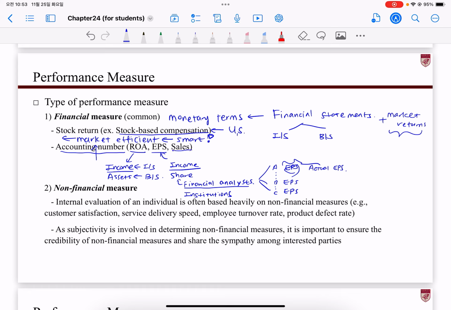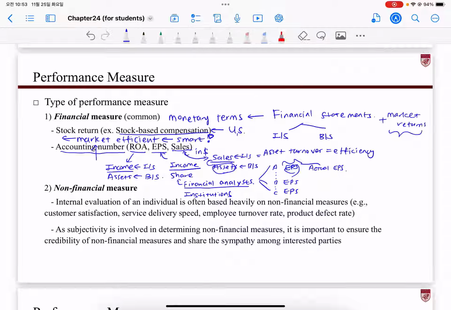Sales. Although I have written sales, it's not necessarily in dollar amount, but many times it's going to be based on a ratio of sales over assets. Okay. Again, sales is from the income statement. Assets are from balance sheets, right? And sales over assets is called the asset turnover. It's one of the key efficiency measures in a company. So how efficiently you can turn the assets into sales is a key consideration for a company and when investors evaluate a company.